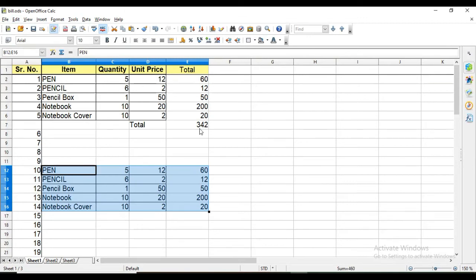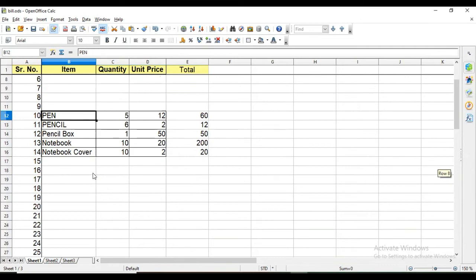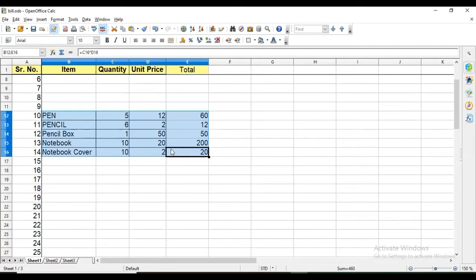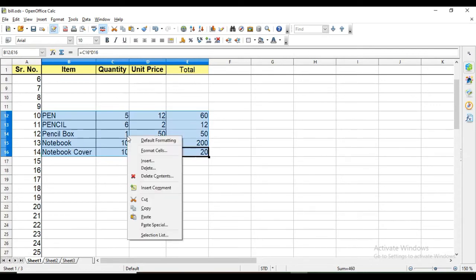Now moving content. Moving means, when we are copying content from one place, it will copy to another place and it will remain in its original place also. So we are creating a copy in some other place, and when we are moving cell content, at that time from the original place it is moved somewhere else. So for that, select the content, right click there, and the cut option is there.